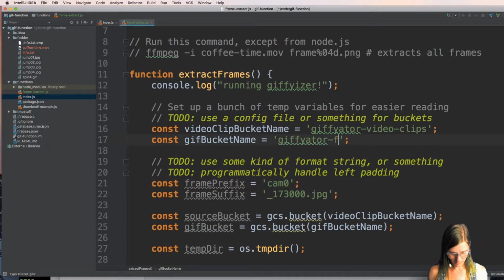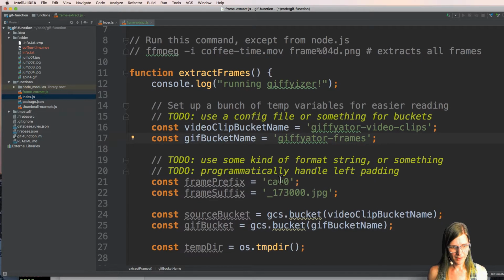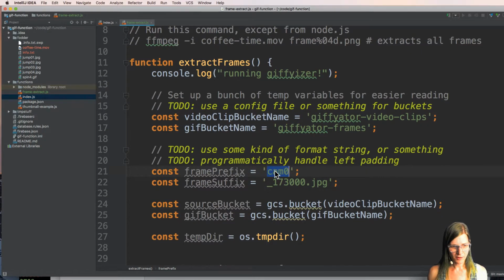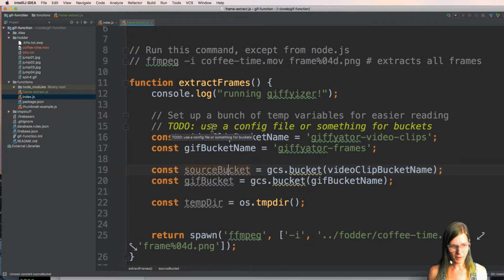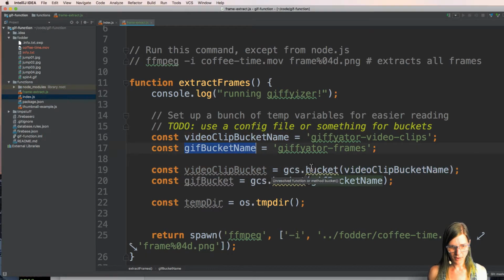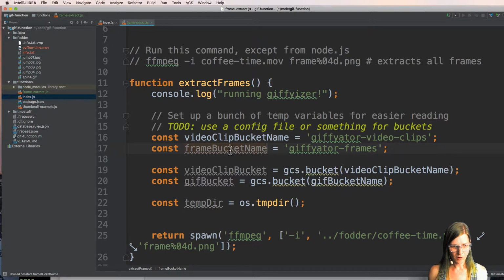And this is for use, we'll take care of that later. So there's our actual source bucket, which is going to be a video clip bucket. Do clip bucket name, GIF bucket name, frame bucket name,